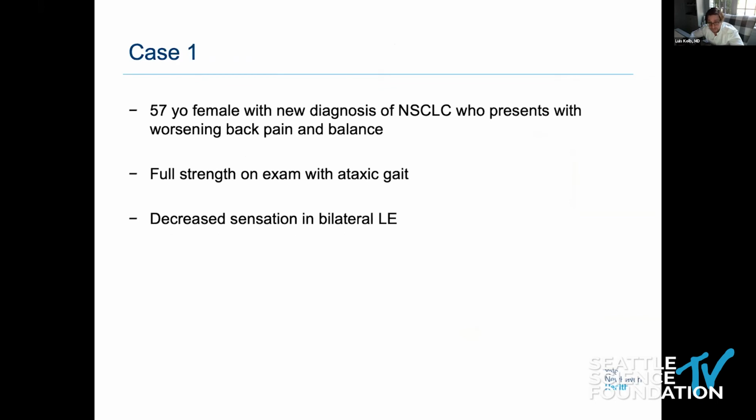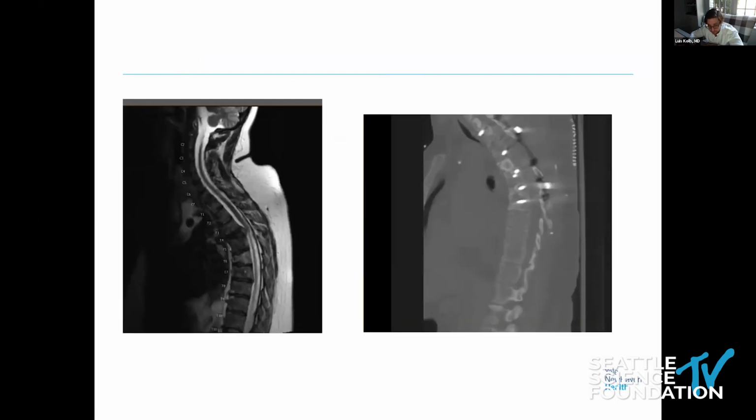I'll touch on some brief cases real quick, and then move on. These are two cases we had recently at our institution. This is a 57-year-old female with a new diagnosis of non-small cell lung cancer, who presented with worsening mechanical back pain and imbalance. On exam she had an ataxic gait and hyperreflexia in the lower extremities. Our MRI showed a T4 destructive lesion with focal kyphosis, about a 25-degree Cobb angle,